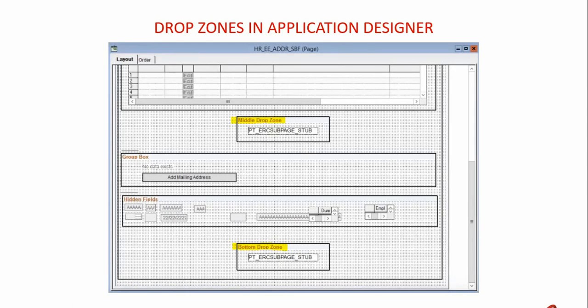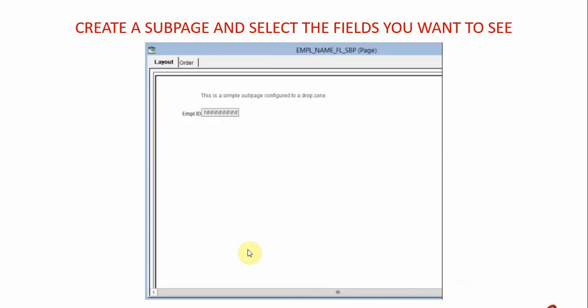Here's an example of what a drop zone looks like in Application Designer for a particular fluid page. In this particular example, you see that the page contains a middle drop zone, which you see here, and a bottom drop zone, which is here. And you can create a subpage and then select the fields you want to see. In this example, we're adding employee ID to the subpage. And then once this subpage is created,